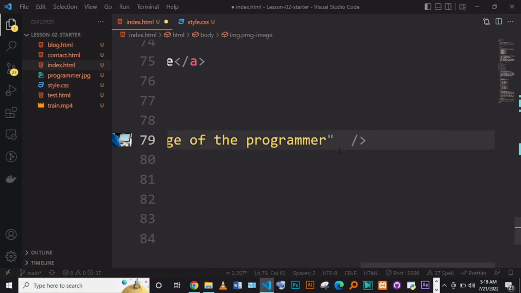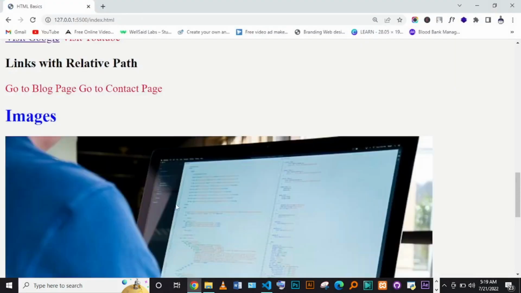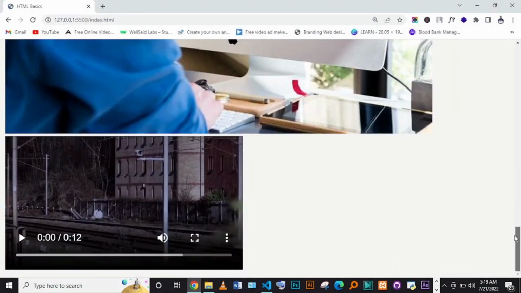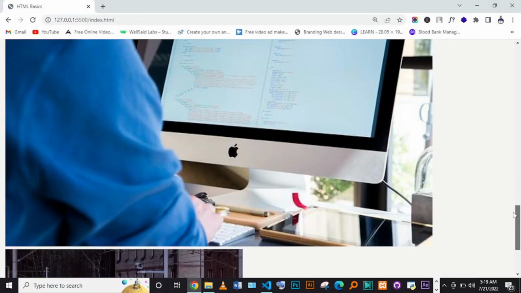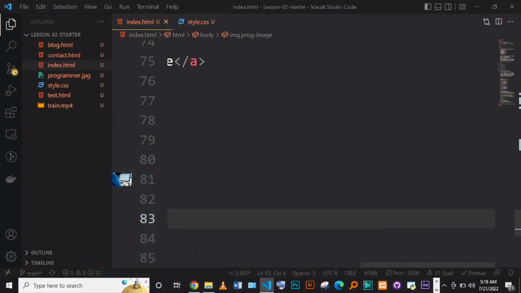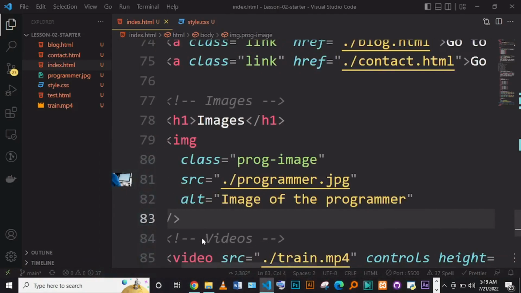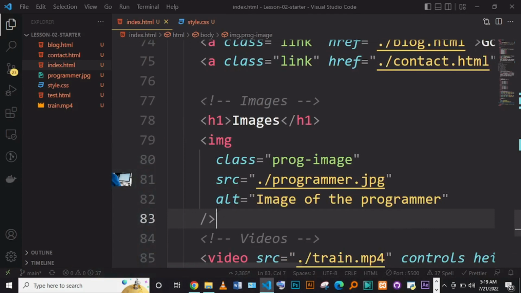So if I remove height 150, it will go crazy and be big like this, right? So I want to use CSS to bring it back to its normal size. Go to the image, and VS Code has done this for us. You have a class, and the class is a programming image. Copy that class,